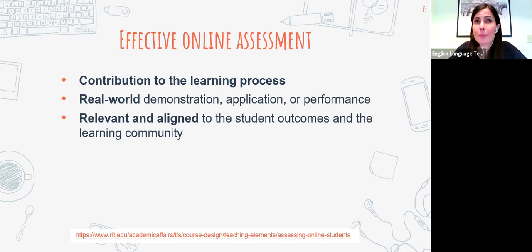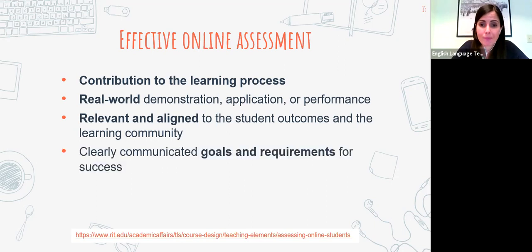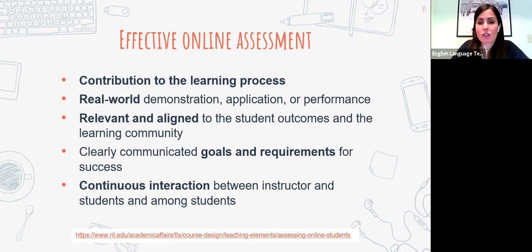But I had personal questions there. I was teaching an advanced grammar class, and nobody cheated in terms of having the same answer, because I was asking personal questions to them to use the grammar that we were learning. And so they were giving me all these different answers, and they were trying different things as well. So it has to be aligned to the outcomes, but it also has to be relevant to who your students are and what they need to do, right? And need to learn to do. Transparency, right? You need clearly communicated goals and requirements, and continuous interaction between instructor and students and among students themselves, right?